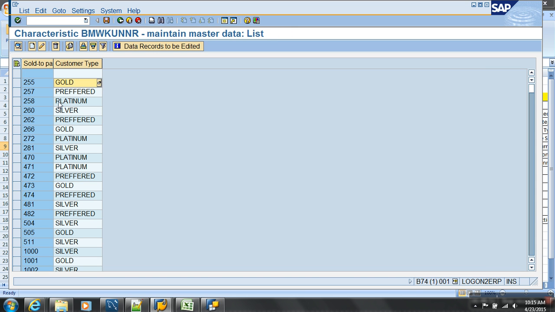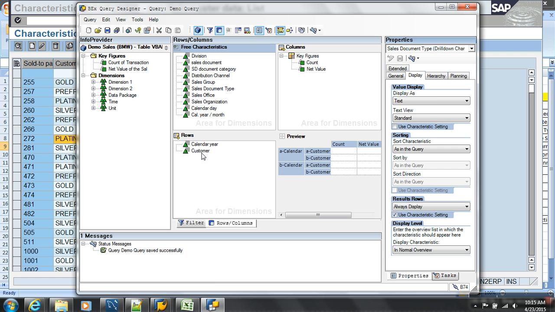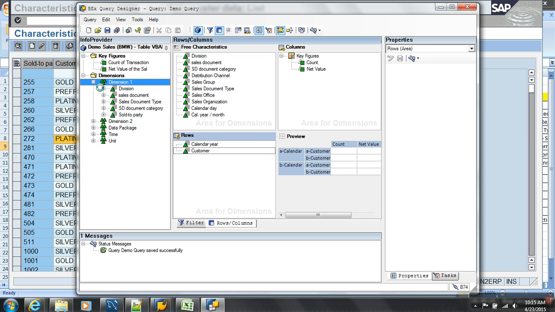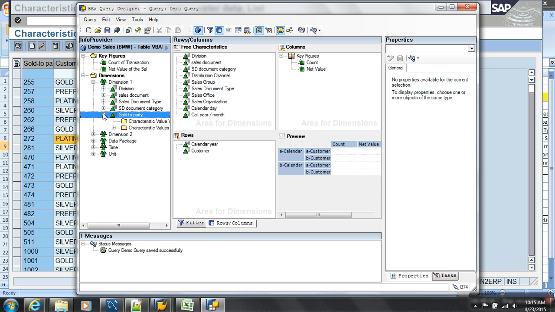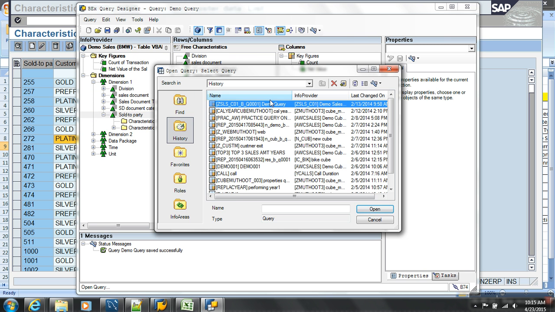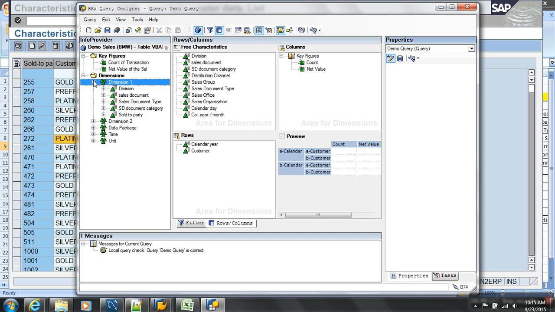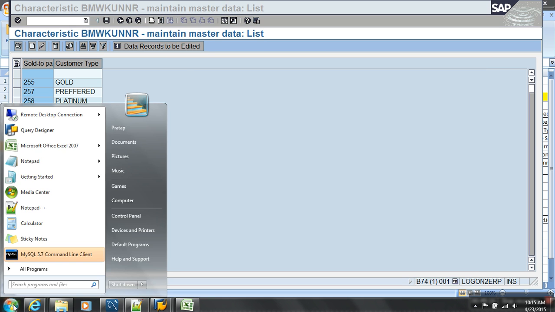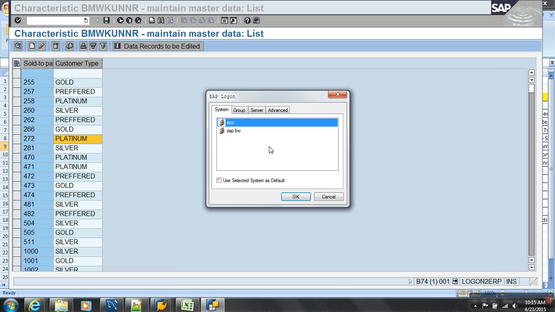Now for each of these, do you see customer types? So I'll have to go to the BEx query and say customer, right? Because the attributes are dependent on this customer. So I'll right click on the customer. We got dimensions, sold to party, expand. I should reopen this query again, otherwise the changes in the backend do not get reflected.